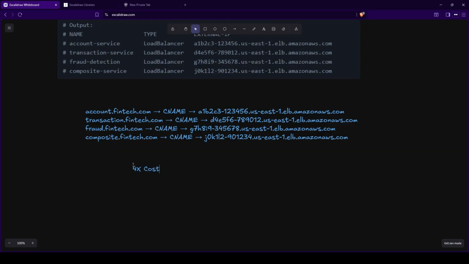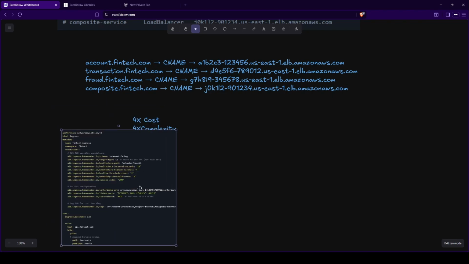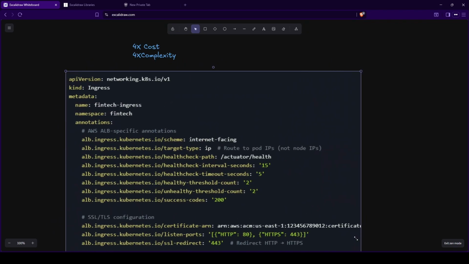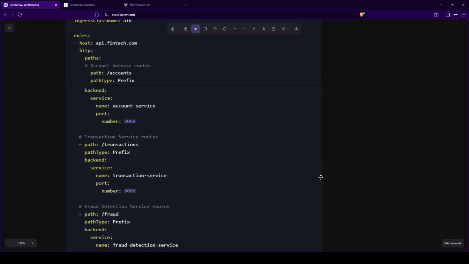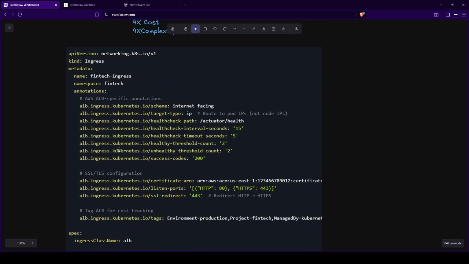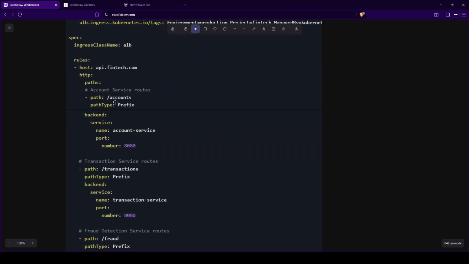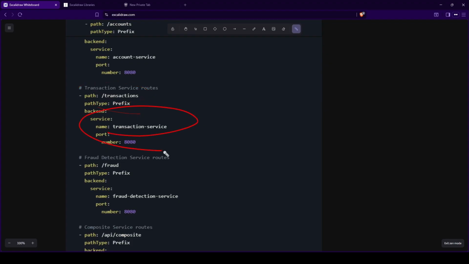So there will be 4x cost and there will be 4x complexity in this approach. Rather, the moment we shift to Ingress, our implementation would look like this: we are going to have all of our endpoints defined under our Ingress. That we have over here, you can see we have our accounts, we have our transaction, and what are the